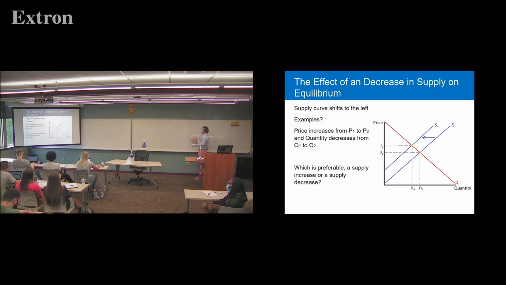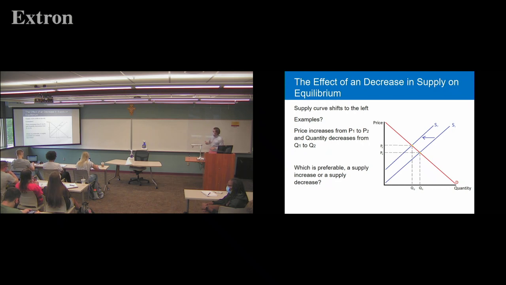So here is a supply curve shifting to the left, so supply decreasing. You guys give some examples of what might cause the supply curve to decrease. What's causing the shortage? Coronavirus, lack of resources. In the 1970s, we had a supply shock of oil. OPEC raised the price of oil. So we had a supply shock then, a supply curve shifted to the left. Coronavirus has disrupted a lot of supply chains and shut down businesses. So we've had a supply curve shift to the left for some goods and services.